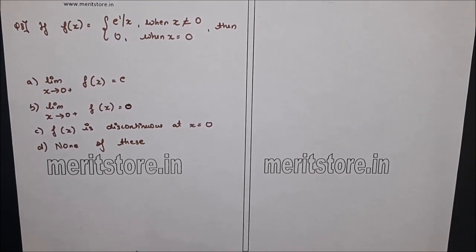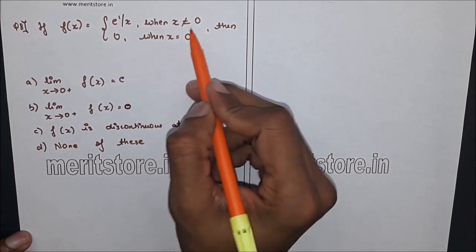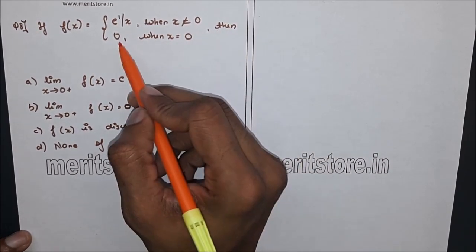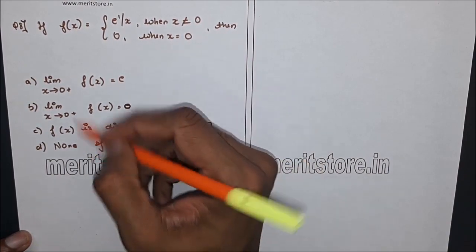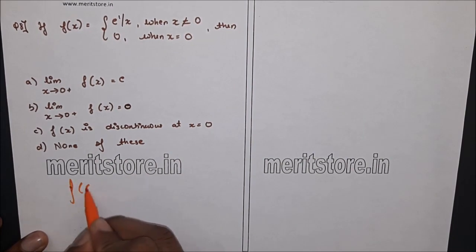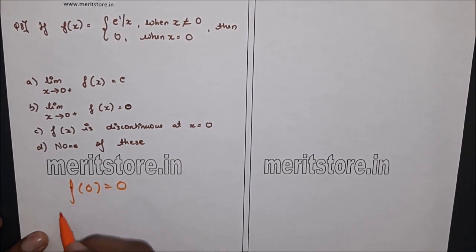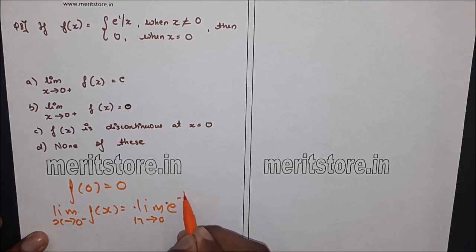Question 8. If f of x is equal to e raised to 1 by x when x is not equal to 0, and 0 when x is equal to 0, then we have given 4 options. We have f of 0 is equal to 0, so limit x approaches 0 from left hand side of f of x is equal to limit h approaches 0 e raised to minus 1 by h, which is equal to 0,